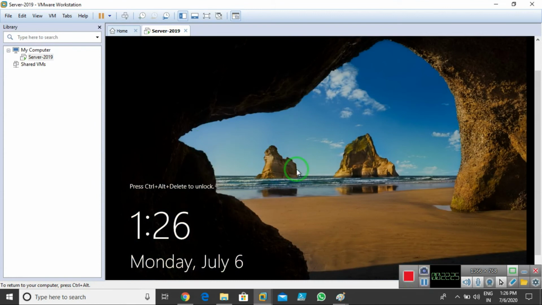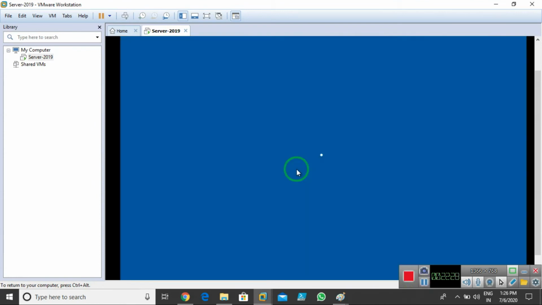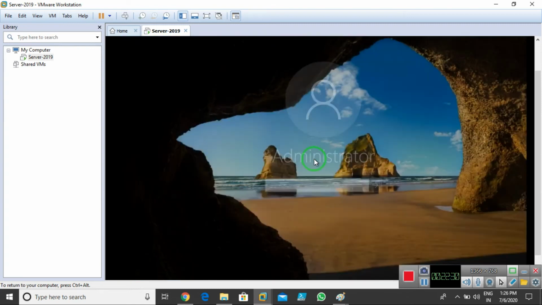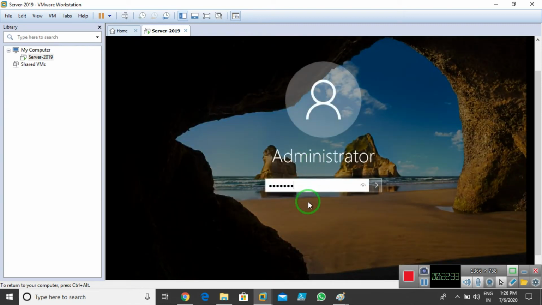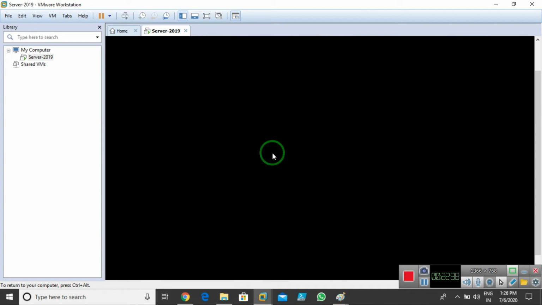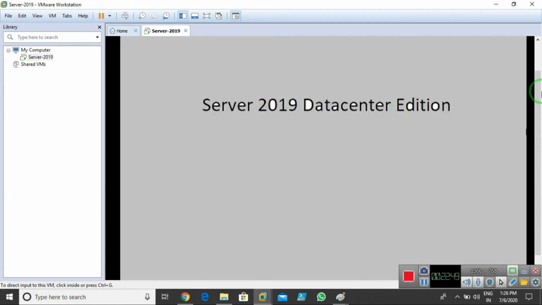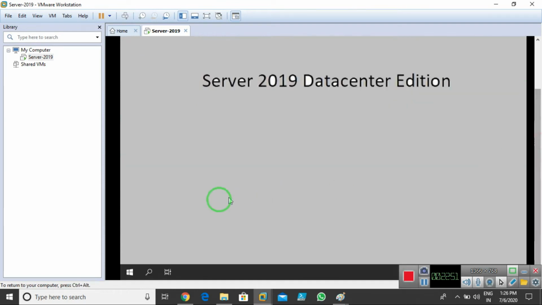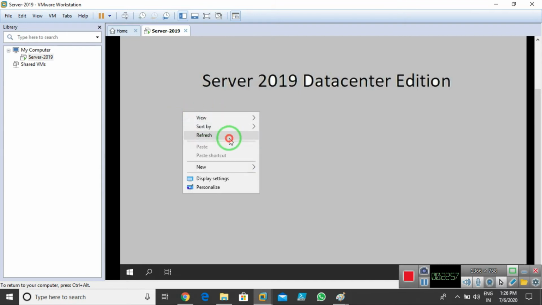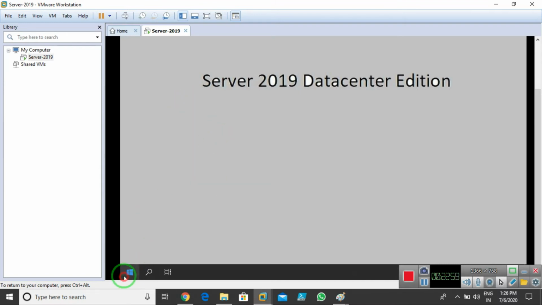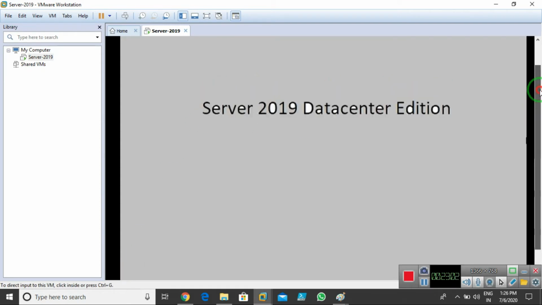As you can see, my server has started now. I just log in to my server. I need to give the password. As you can see, my server is logged in. Now I'm going to open Server Manager again.